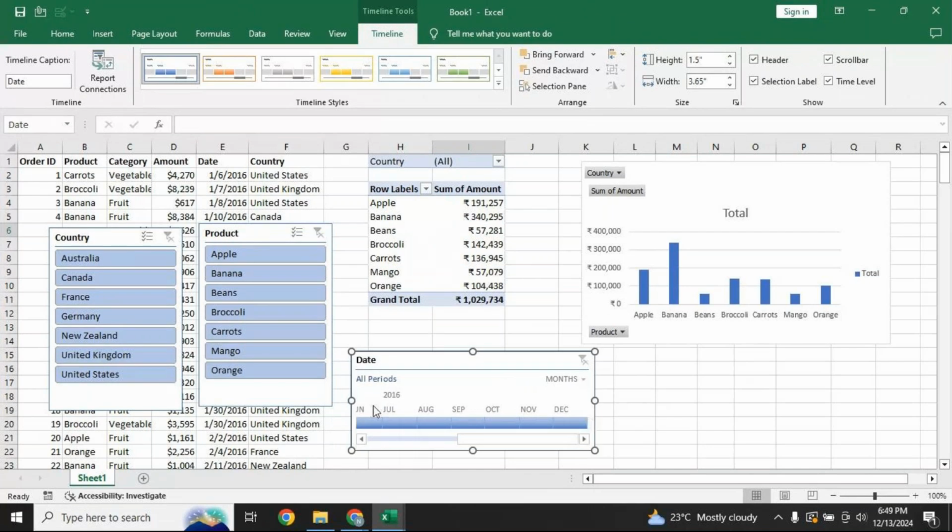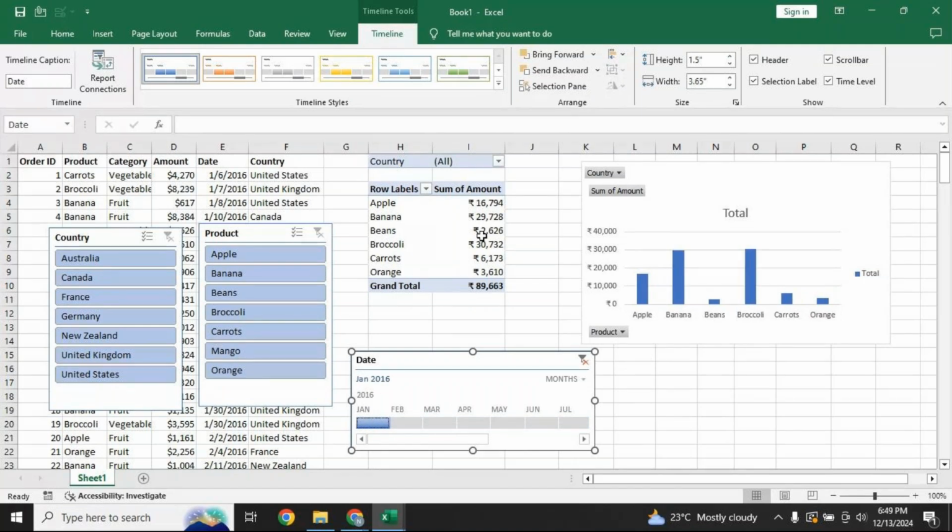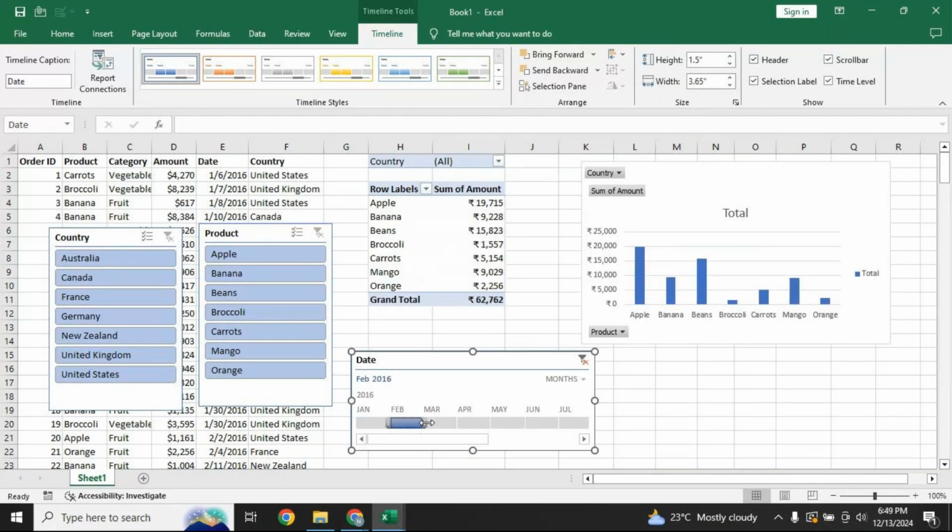So in the timeline, I wanted to check any one particular month, say only the month of January. These changes will not be implemented on the slicer, but you can see the changes getting implemented in the pivot table, in the chart and in the slicer. I wanted to check for the February month, or if I wanted to check for 4 months,